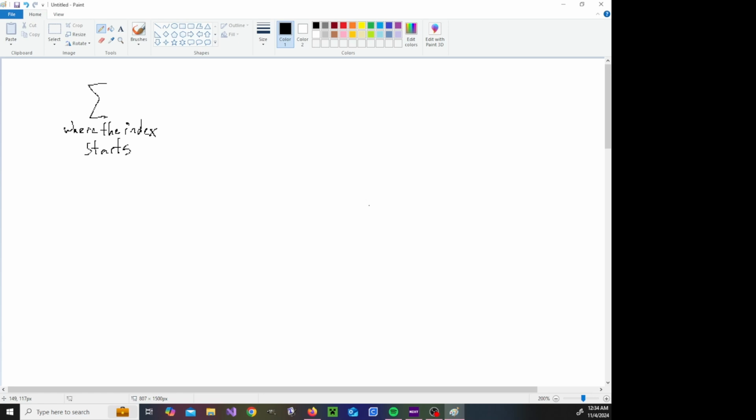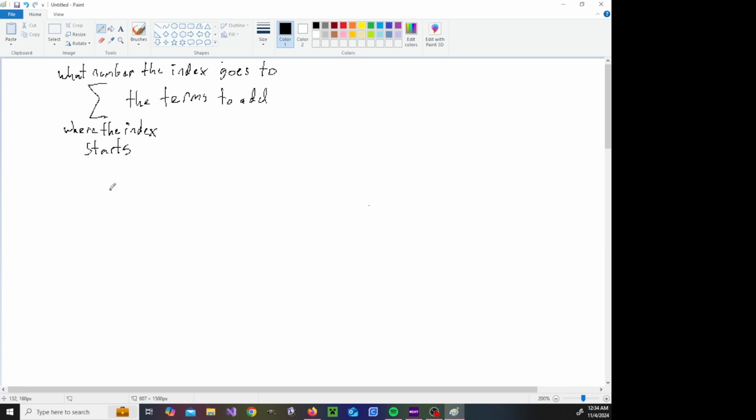The top part is going to say what number the index goes to, and then in front of the sigma, you're going to have the terms to add